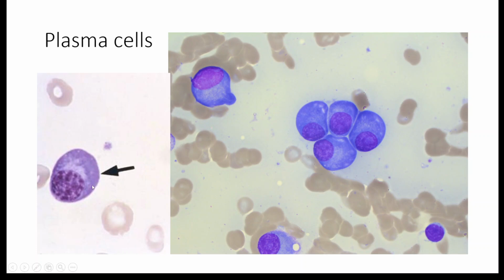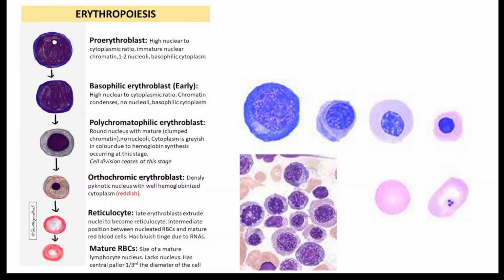These are plasma cells. Excess of plasma cells in the bone marrow, few of them having nucleoli, would correspond to myeloma. Plasma cells are normal residents of the bone marrow, so seeing a couple of plasma cells in the bone marrow does not define it as a multiple myeloma case or a plasmacytoma case. There are specific defining criteria which we will be covering in the workshop. But this is how a plasma cell looks like.